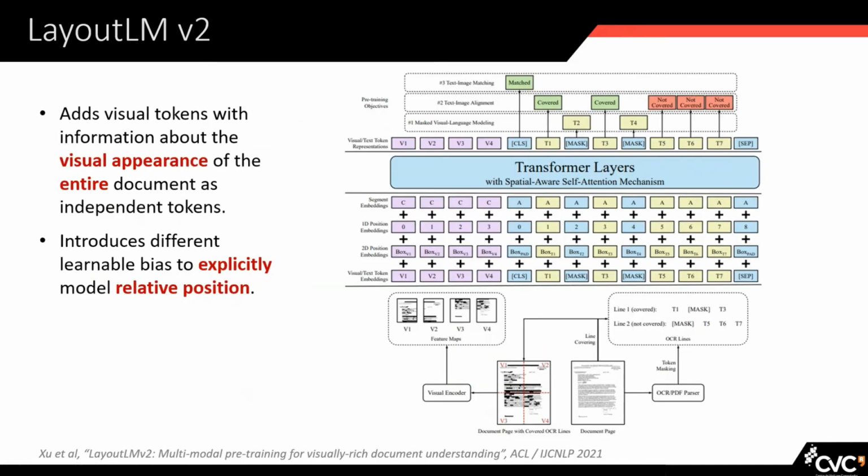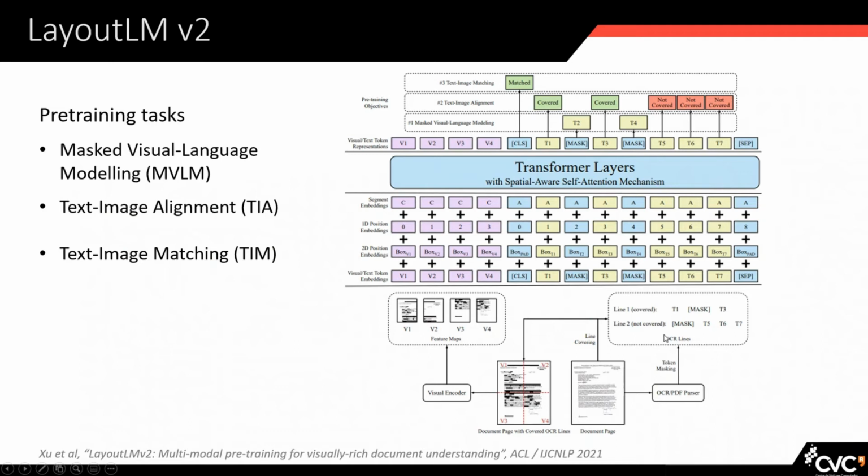For this reason, they propose LayoutLM version 2, where this time they add visual tokens with the information about the visual appearance of the document as independent tokens, as you can see here. Also, they introduce the layout information in two dimensions here, but they also do it in the attention scores of the transformer, which are not represented here. And then they pre-train this network